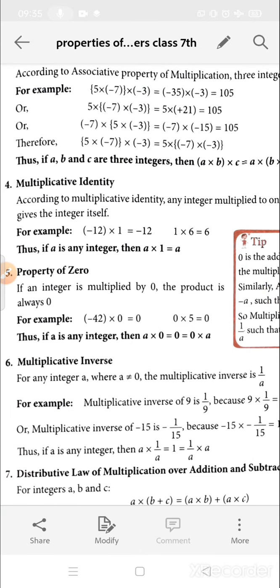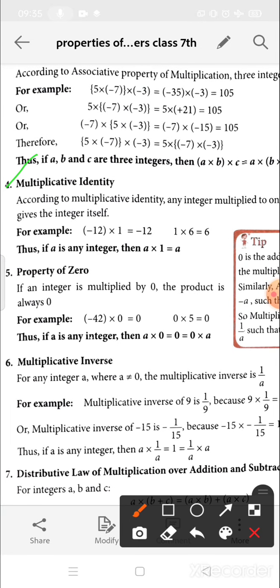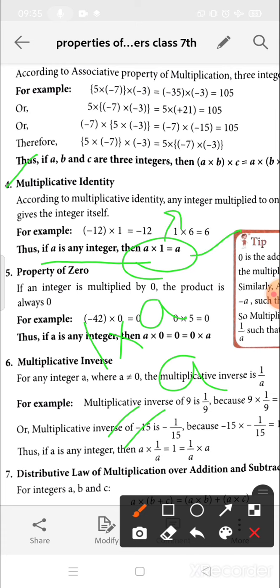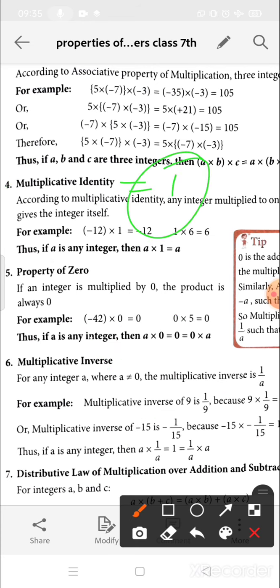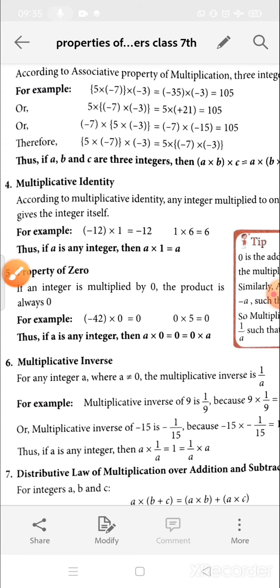That is multiplicative identity. Clear? Multiplicative identity of any number will be equal to 1, beta, because whenever we multiply any number with this one, the resultant will be the same. The multiplicative identity is the element which, when multiplied by a number, leaves the result the same. Clear? So if A is an integer, then A cross 1 is equal to A, and here 1 is the multiplicative identity. Clear? So the multiplicative identity is equal to 1. Clear? Now we will move on to the fifth one.